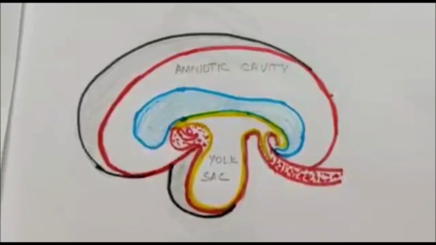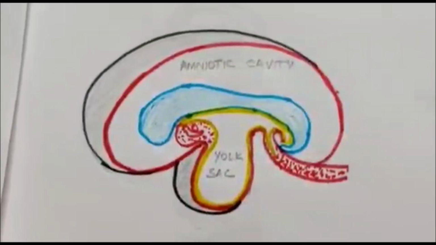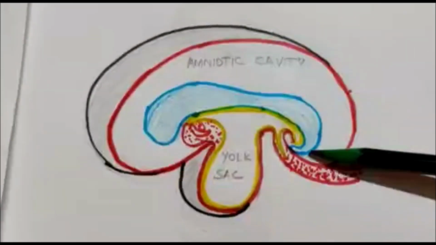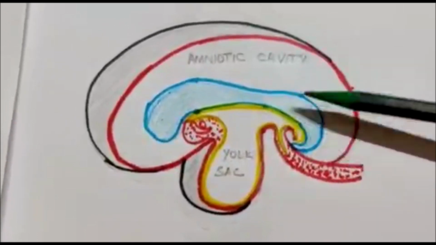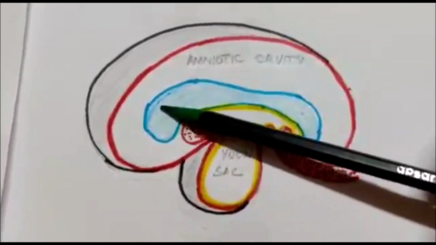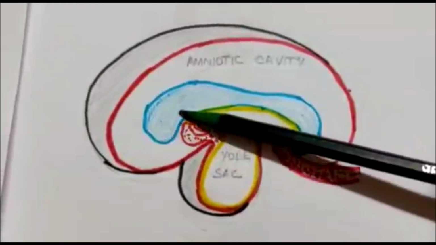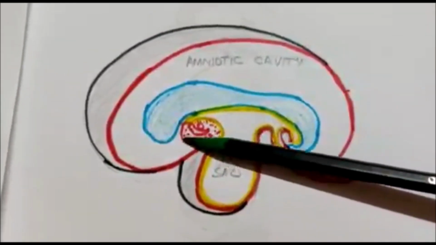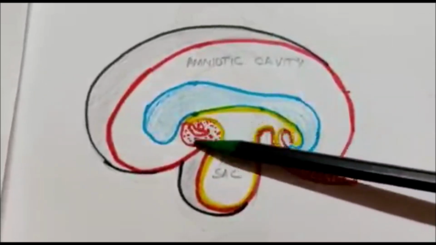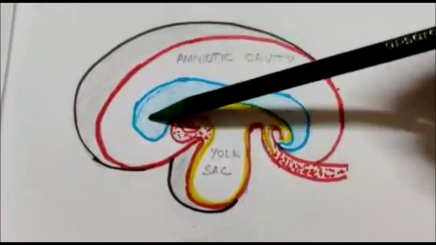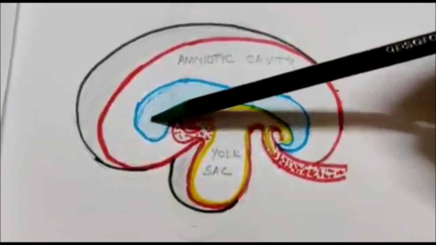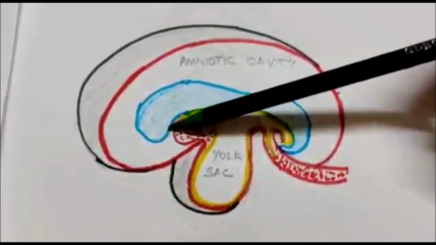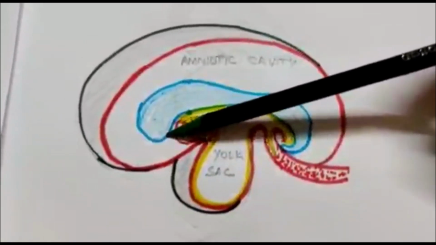Good morning. Before discussing the development of the face, we need to see this particular diagram where we can see the craniocaudal folding because of the development of the neural tube and brain vesicle, as well as the development of the pericardial vesicle, or because of the development of the heart area. Because of these two bulges, as we have discussed earlier also, the head fold and the pericardial fold, in between is trapped a small depression which is called the stomatodeum.